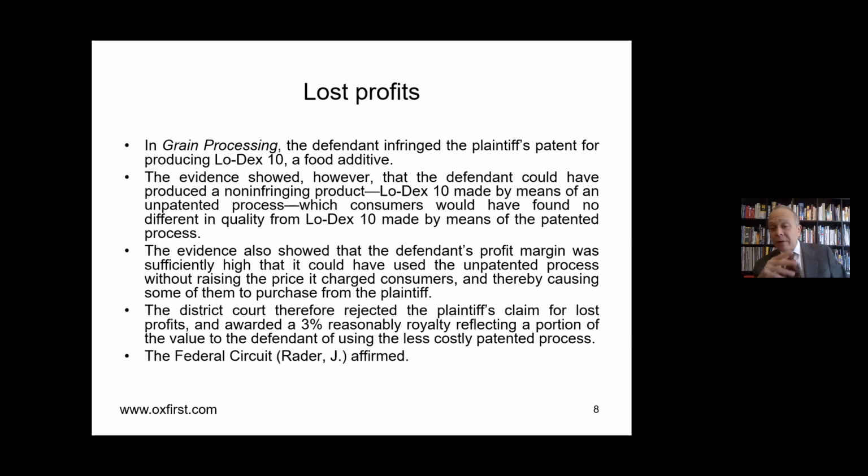In some ways, this is an unusual case because the alternative was readily available, even though it was not actually on the market. And often the facts will be different, that the proposed non-infringing alternative is not on the market, is not readily available. And anyway, often the disputes will hinge on how readily available the proposed alternative is.